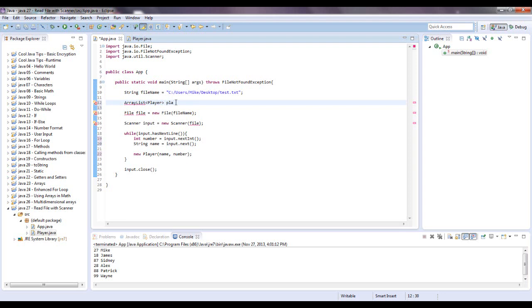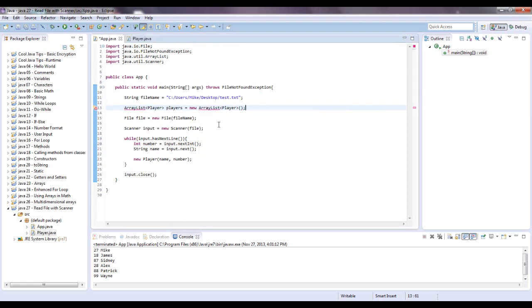We'll just say lowercase p, players equals new ArrayList, and we have to put in Player again in those angled brackets, whatever they're called, and then open and close parentheses. Okay, now we have to import ArrayList, and we can add to this ArrayList by saying players.add, and